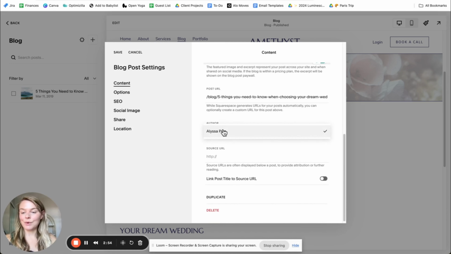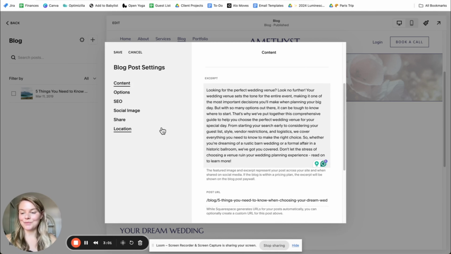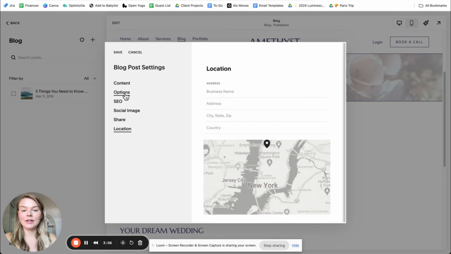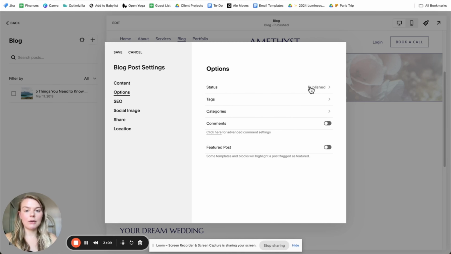But yeah, that's where you can choose one. I don't typically do anything with the source URL here. I'll let you play around with that if you want, but for me, it's never been necessary. Then in the option settings,